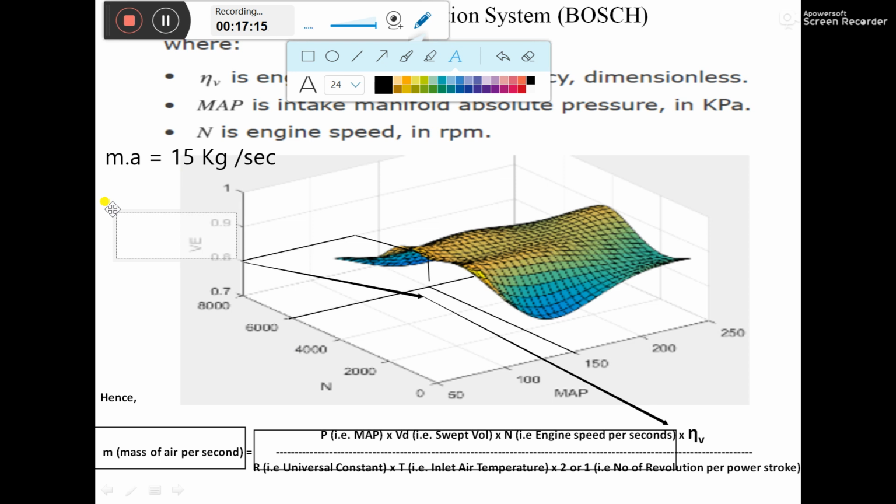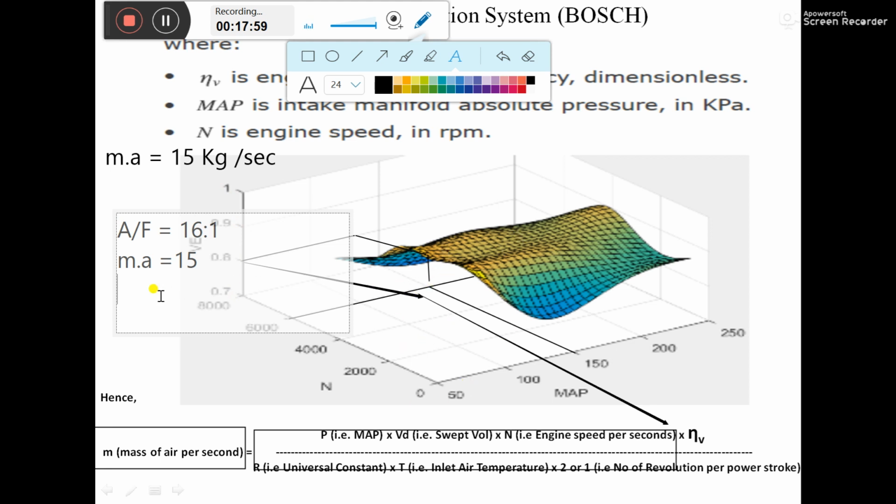So for the sake of time, just consider that you come to know we should maintain an air fuel ratio equal to 16 to 1. In that case, if you have an actual mass of air equal to 15, how much quantity of fuel should be inducted? That can be calculated with the help of this degree of leanness, which we have derived from the engine map.